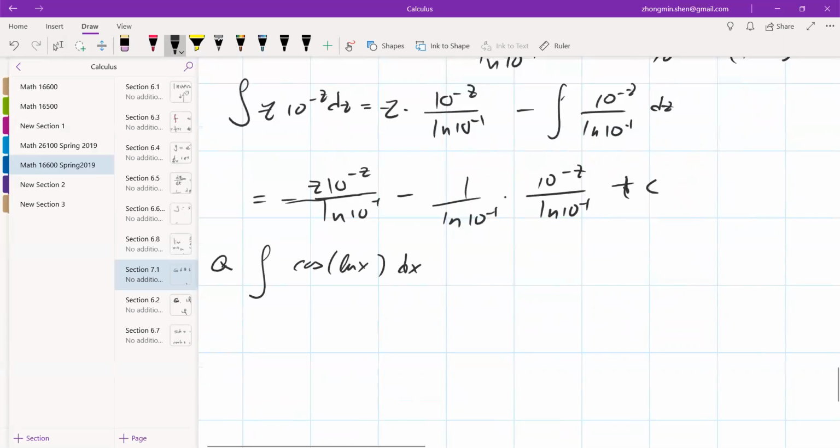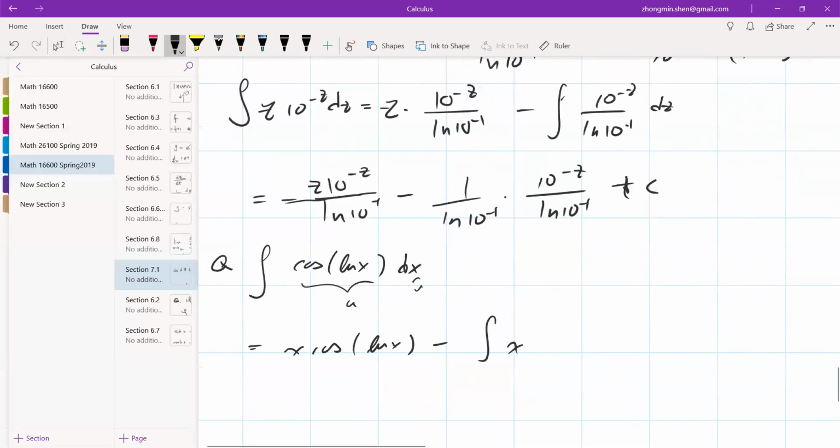Yeah, you say, I want to try to use integration by parts. What is u, what is v? Because cosine of natural log x is one single function, it cannot be separated. So you can say, okay, this is my u, this is my v. Let's try it, because it's in this section, it's a problem from the book. So it can be u times v, so x cosine natural log x, minus v,